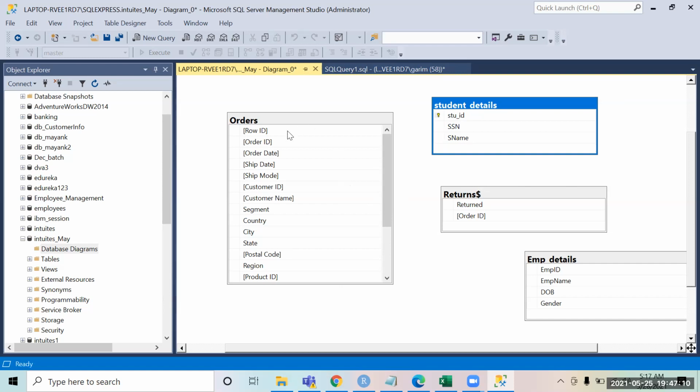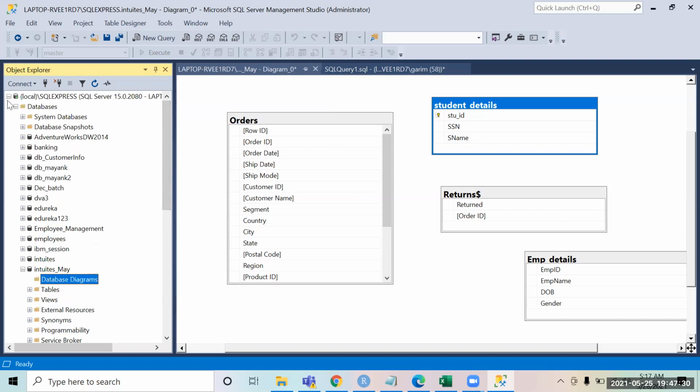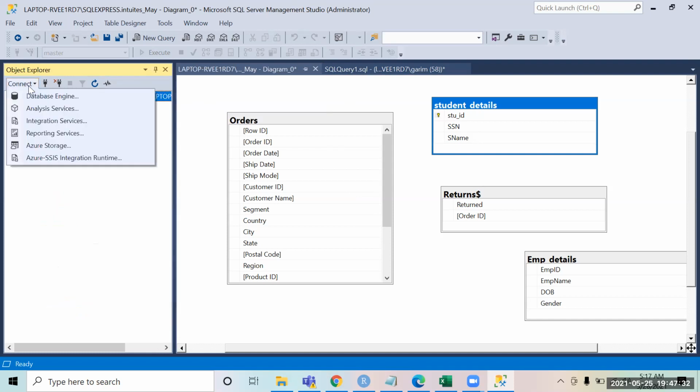So in reference to that schema that you would have created, you can create a lot of other objects as well, right? Like views, you can create stored procedures or functions which will now be pointing to that schema itself, right? For example, if I just show you, I have just one more server with me.